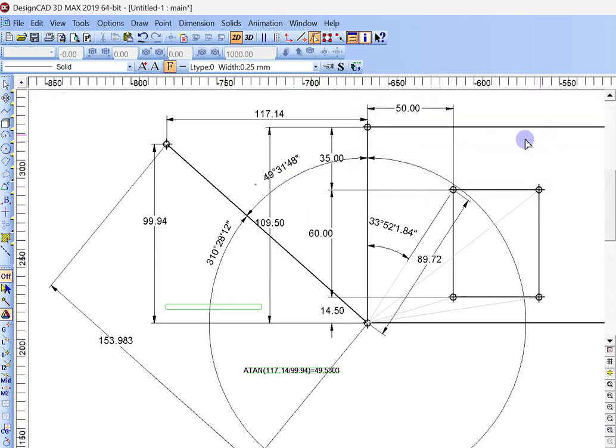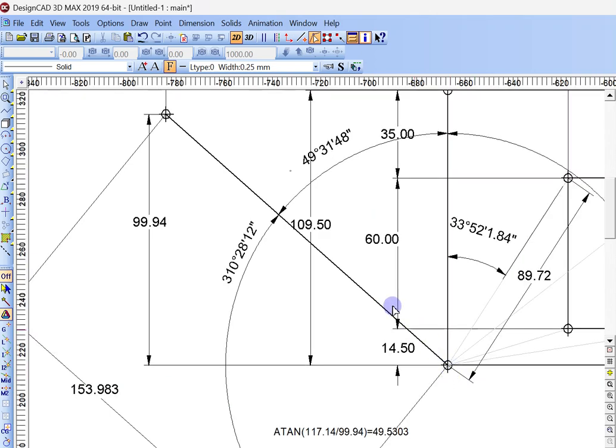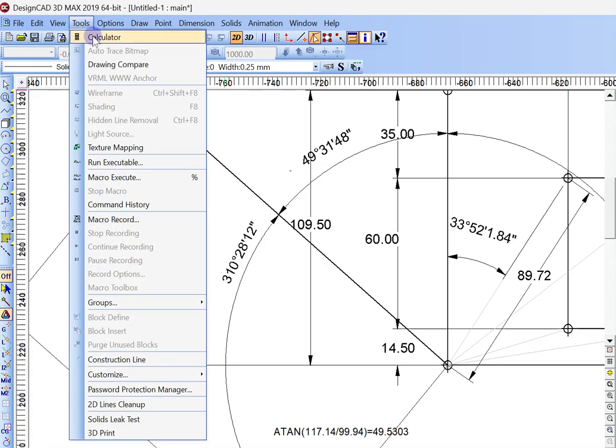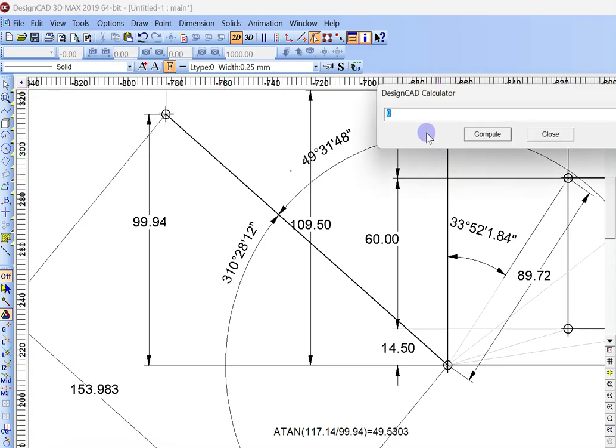Control close, and then let me zoom in a little bit. So that gives you the angle in degrees, minutes, and seconds. 49.503. If you want to convert that to degrees, minutes, and seconds, go to the calculator. 49 is already in degrees, so there's no conversion there. So 0.5303,